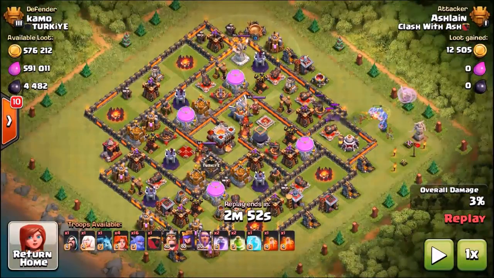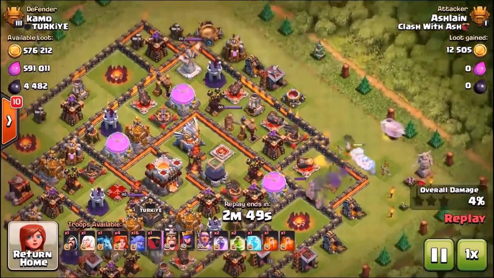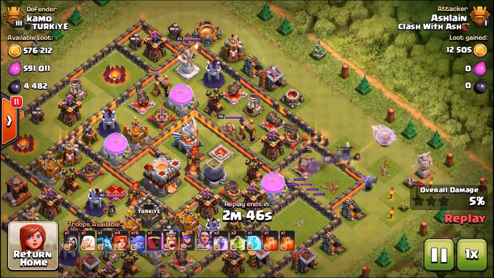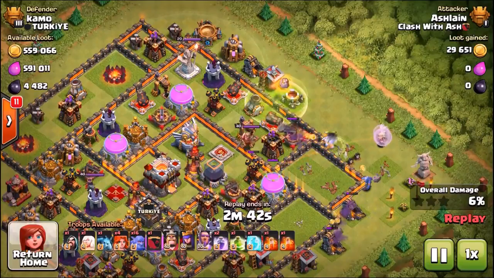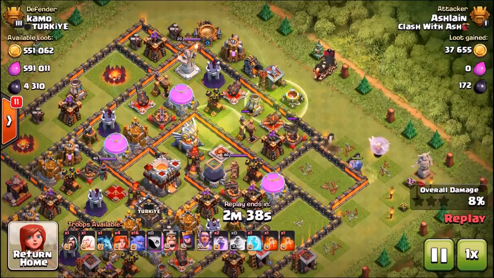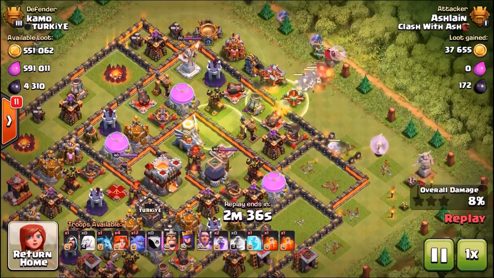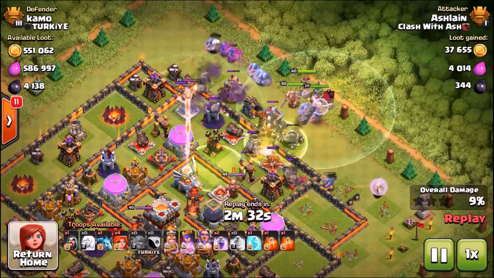Obviously with all these bowlers, it's a real dark elixir heavy strategy. So whether you're Town Hall 10 or 11, this works with level 2 bowlers for sure as well. But obviously against Town Hall 11 bases, you're much better off with the Grand Warden. That's the beauty of Town Hall 10 with the level 2 bowlers, is it's much easier to deal with just Inferno Towers with level 2 bowlers, and obviously it really comes in handy having that 3rd level on the bowlers